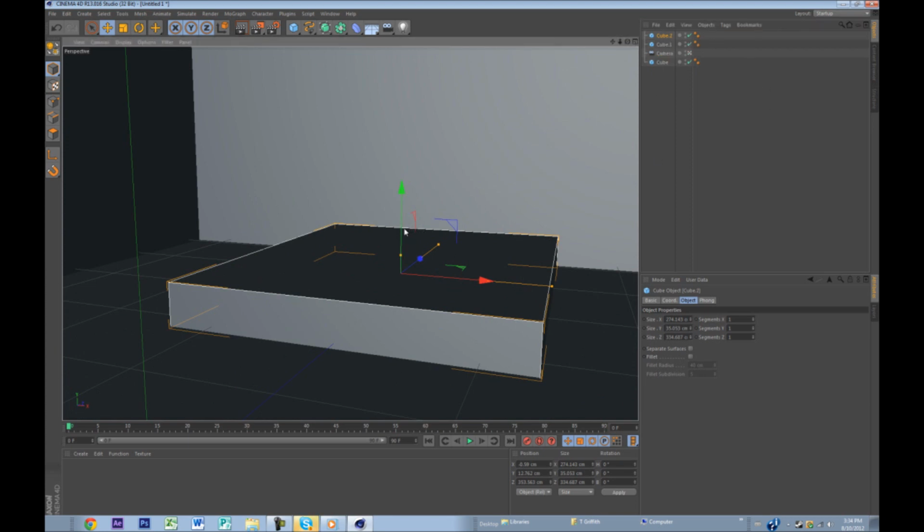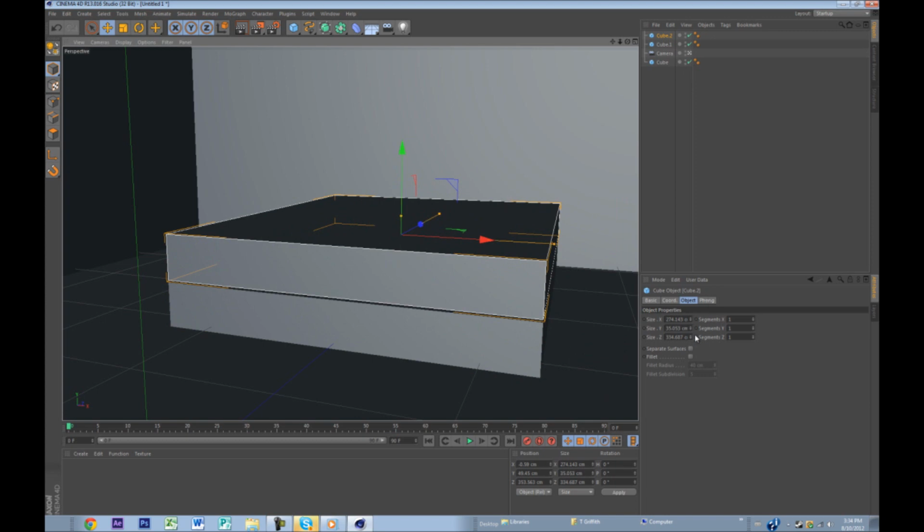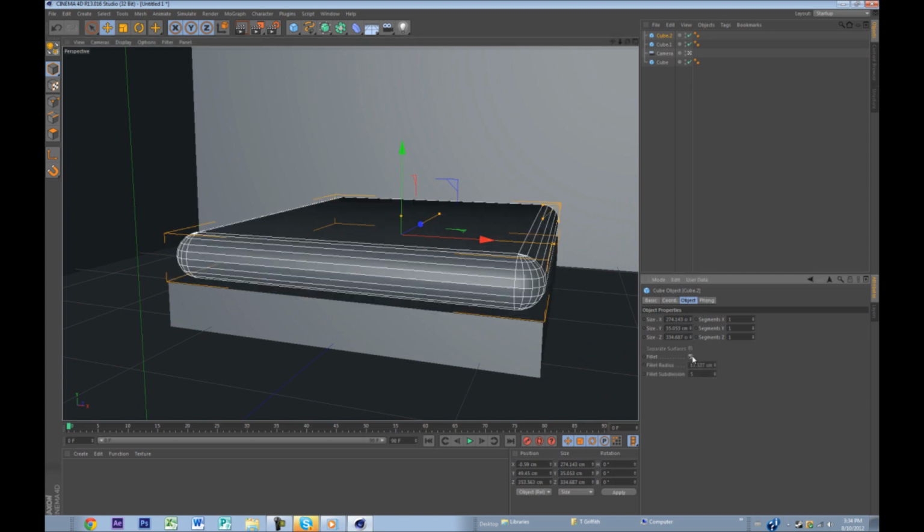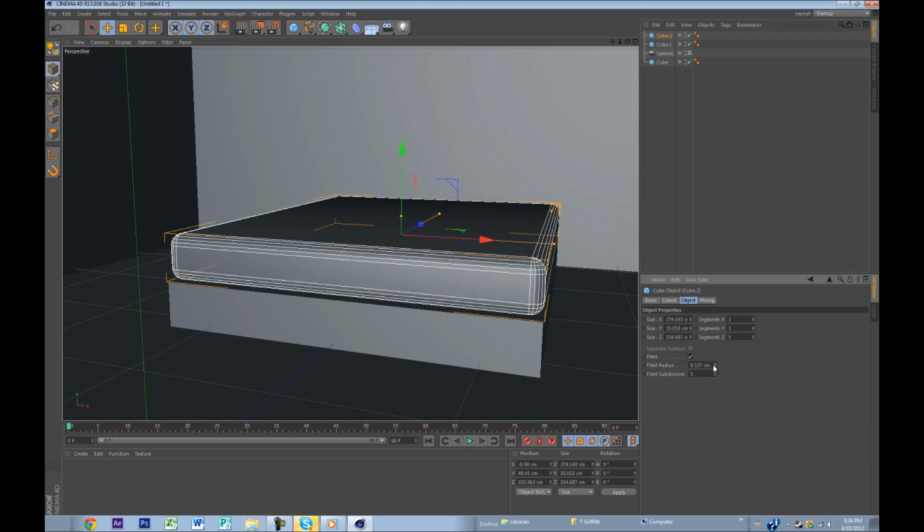So now you've got 2 cubes. You want to drag it up. You want to go fillet on the object of your cube. Click fillet, and as you can see, it creates this really nice curve effect on the actual cube. I just want it to be around here, so I'm going to go 10.5, and as you can see, it's created a really nice